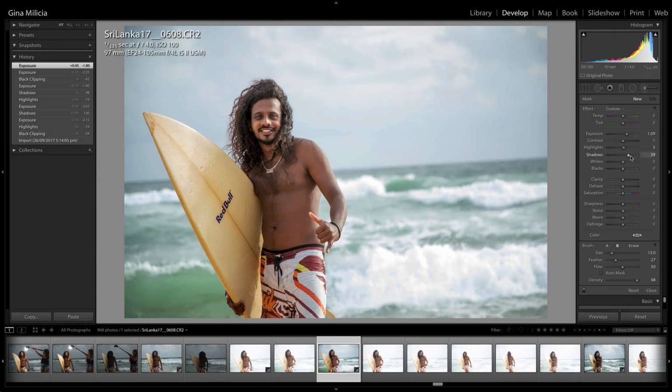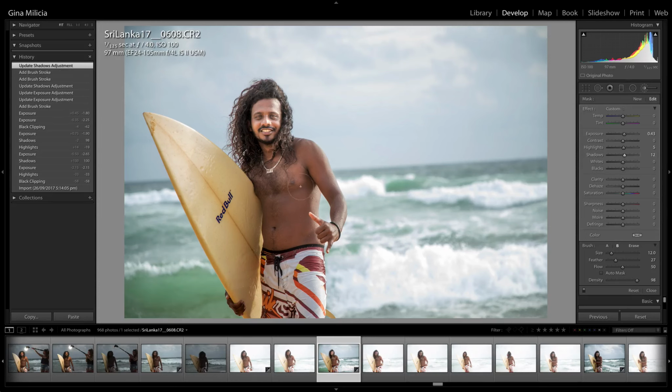So I can come in with a brush and maybe just brush in some exposure onto the face. That's obviously too much. And getting it to a point where it looks good. And you can almost mimic flash, the same sort of look. So I can come in and let me just get rid of the shadows. Now this also looks